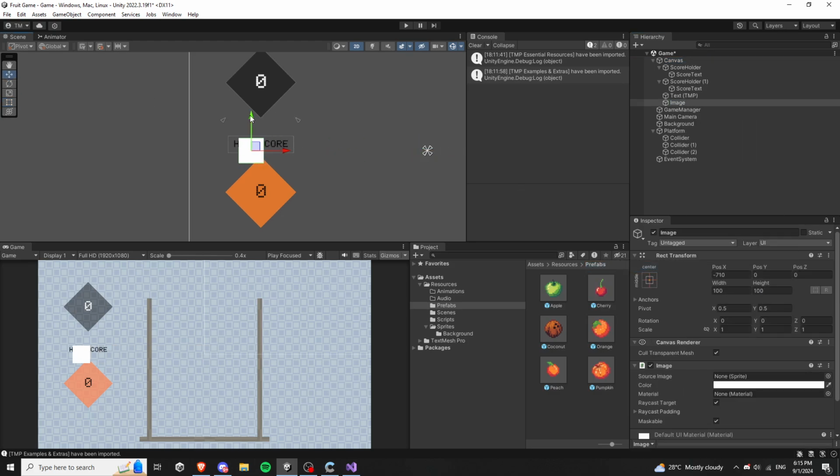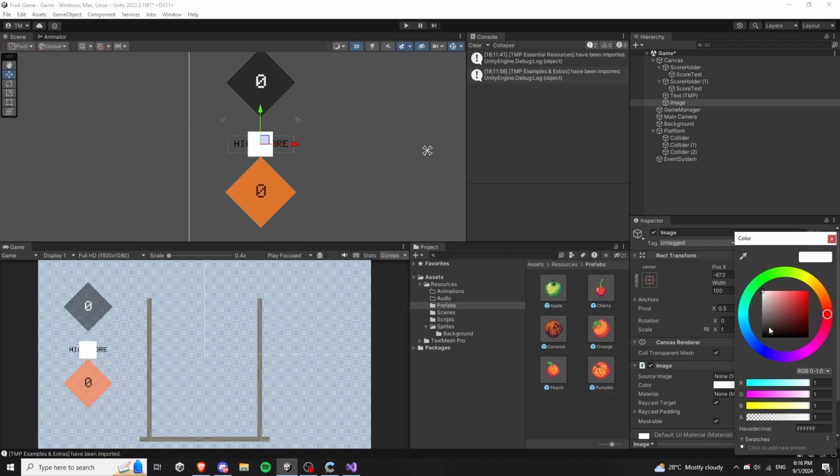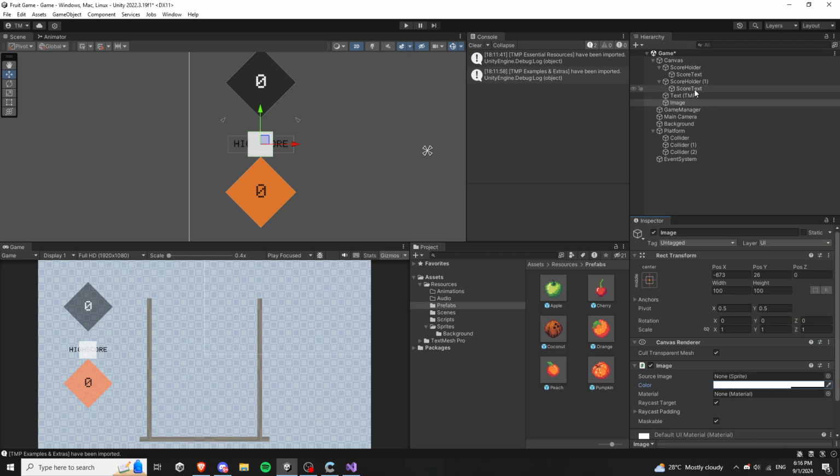So let's place this image in the middle. This should be slightly transparent, maybe. Drag this, no, first let's resize this. So here I score folder, this text folder, here